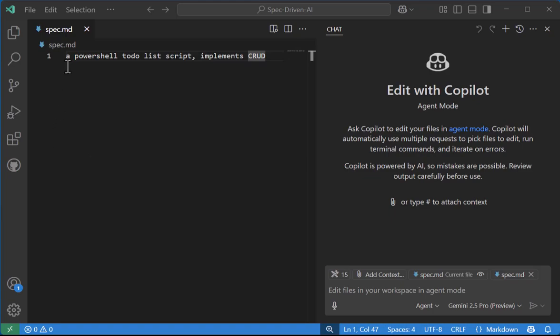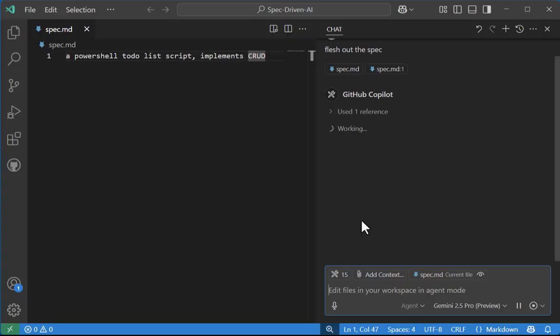And in my spec.md, I'm saying a PowerShell to-do list script implements CRUD. Doesn't matter if you don't know what CRUD is, because AI does. So I'm going to say flesh out the spec. And off it goes. We should see it update the spec in a bit. Right now it's doing its planning,